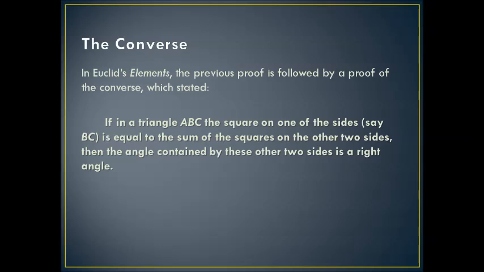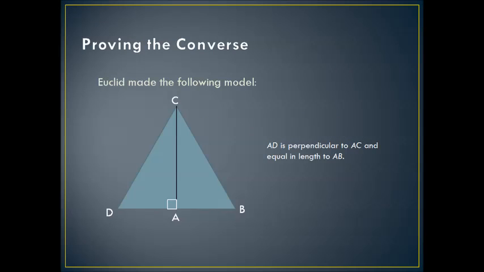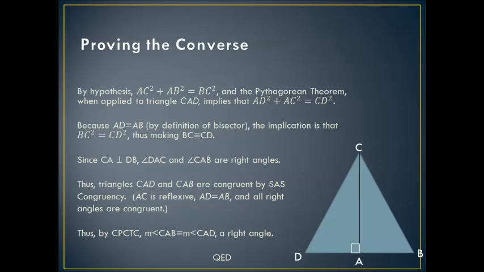So, to start his proof, Euclid made the following model: the triangle BCD with altitude AC down the middle, and AD perpendicular to AC, and AC is equal in length to AB. By hypothesis, AC squared plus AB squared equals BC squared, and the Pythagorean theorem, when applied to the triangle CAD, implies that side AD squared plus side AC squared equals side CD squared. Because AD equals AB by the definition of a bisector, the implication is that BC squared equals CD squared, thus